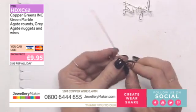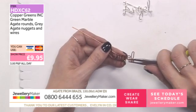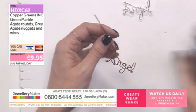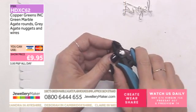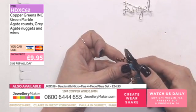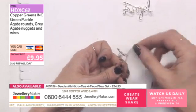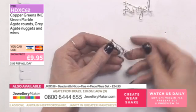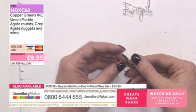Again, with your hammer, if you've got your hammer and your block, bring that up. So I'm going to hold here, come up, and snip that there. Then just angle it a bit, and snip it down a little bit more. So you've got that there. What I'd do is probably give that a bit of a hammer. And then a little bit of a curve you can see there, through to the A. And that goes into the A there. So there's your little